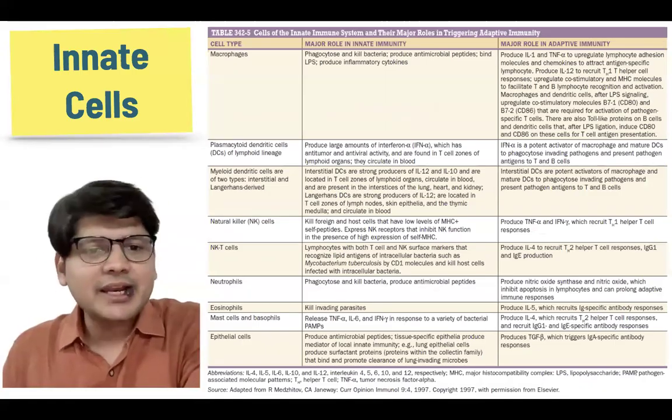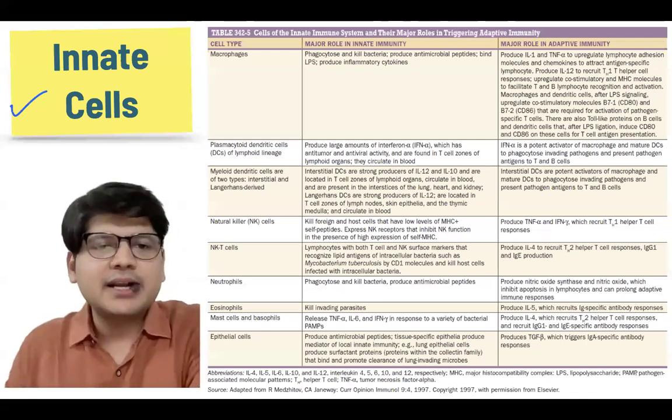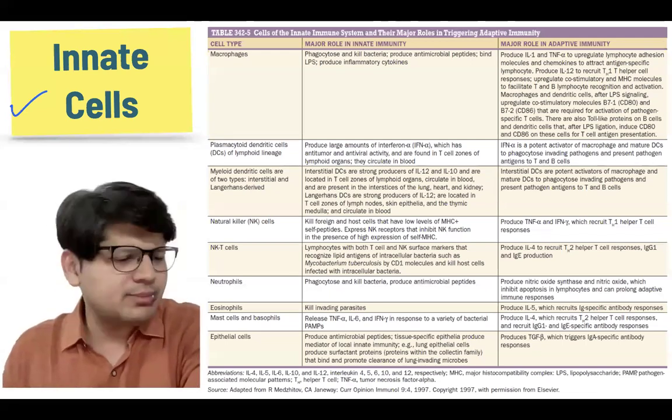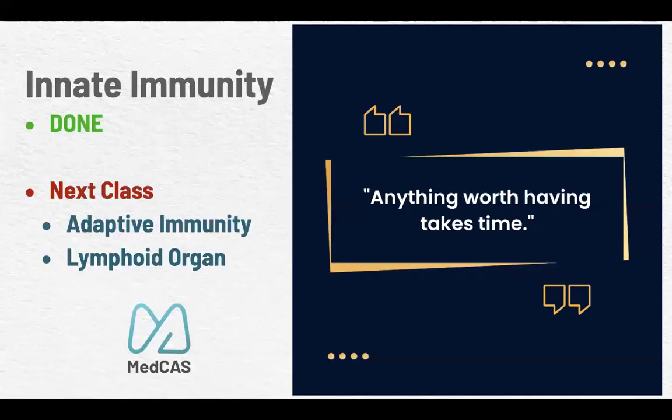Okay. And then there are innate cells. I will discuss this part in the next few classes probably. So that will come to this, and that comes to the end of innate immunity. In my next class, what I will plan will be more on adaptive immunity, lymphoid organs, and then the hypersensitivity reaction types, completing the immunology series.